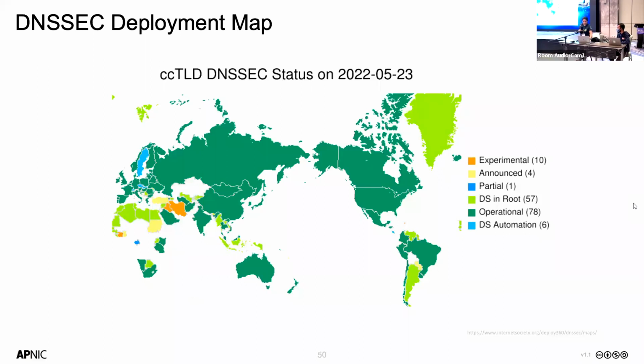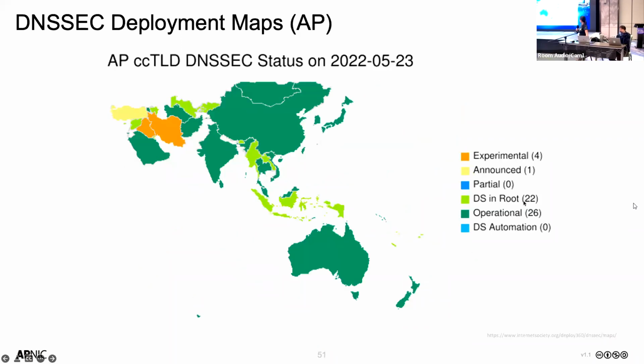Now, where's my presentation? There you go. Next part, again, this one is specific for the AP region, our region. It's looking nice, but I think the sad part is you have quite a number there, either the grey ones or the orange, which is experimental. So our goal is to have 100% of this already